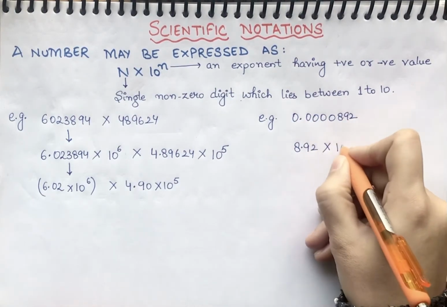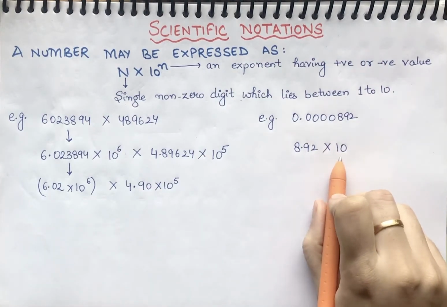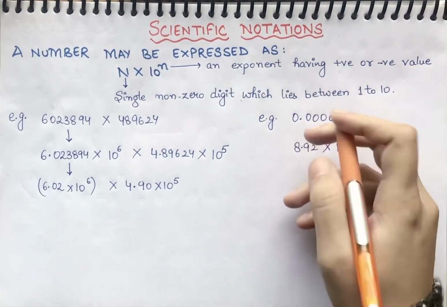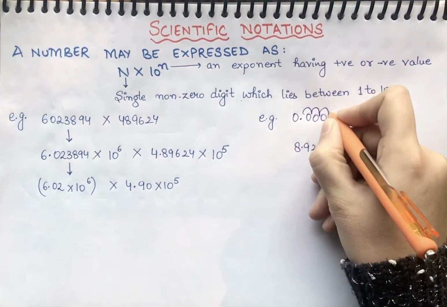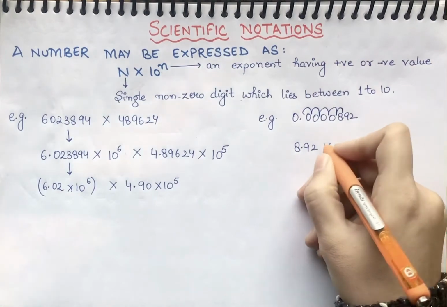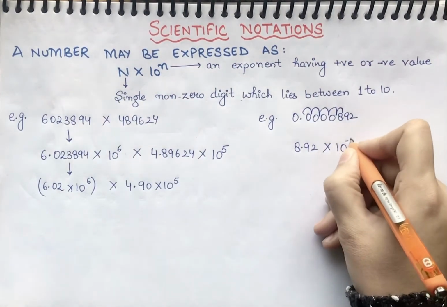Definitely I'll have 10 raised to power 1 2 3. I am shifting this decimal by 1 2 3 4 5, that means 5 places. So it will be 10 raised to power